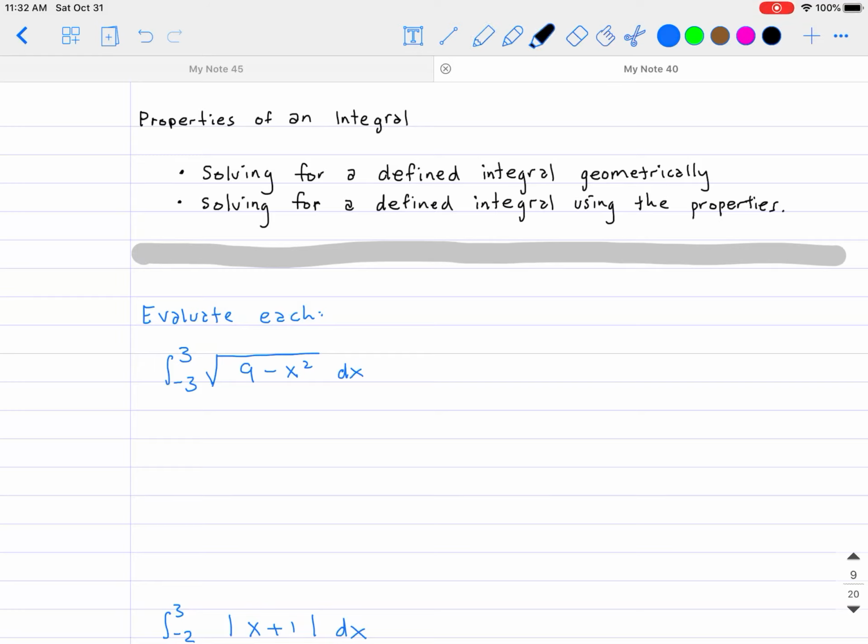Hello everybody, today we will be talking about the properties of integrals. I think this is still section 5.2, so I kind of lost track of it already, so bear with me, hopefully. Okay,